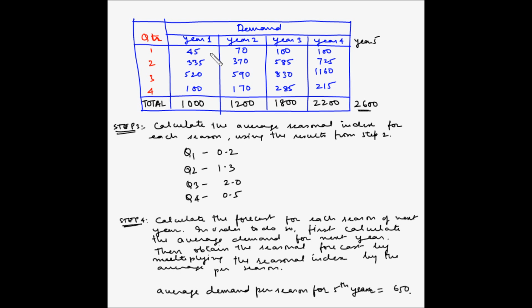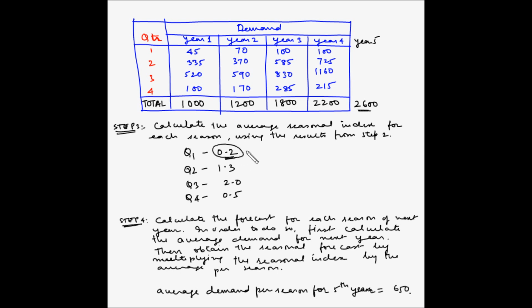So in step number 2 we had calculated 45 divided by 250. 250 was the average per quarter for year number 1. Similarly, we had calculated 335 divided by 250, 520 divided by 250, and so on. Similarly, we had done for each of the years, and then we took an average for each quarter to obtain the seasonality index. So what this number means,